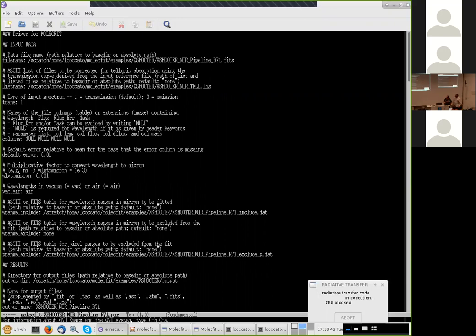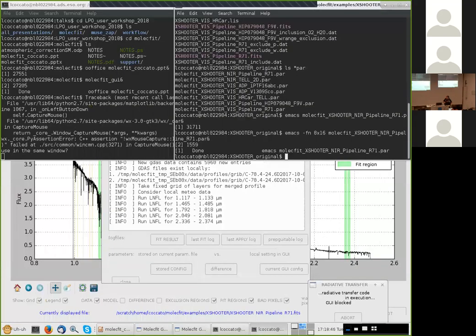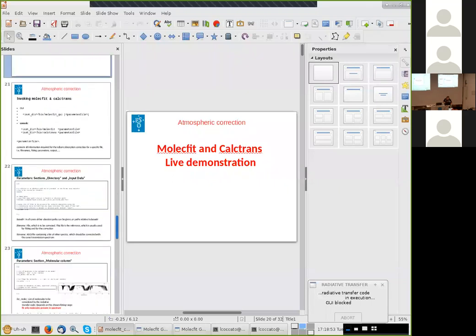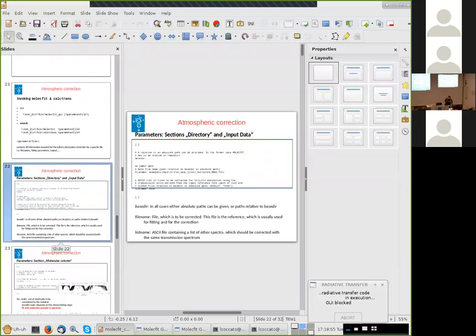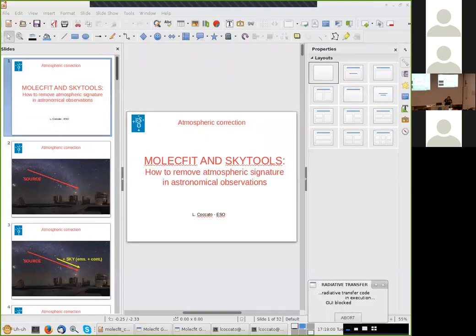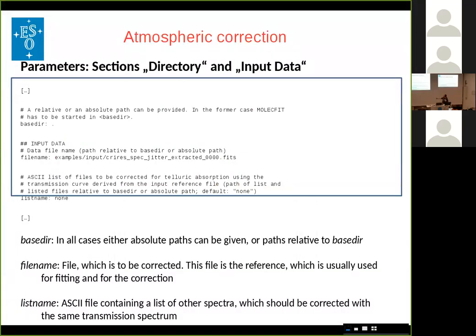And anyway, I have a backup solution, which is the following. I go back to my presentation. Okay. Here. Okay. This is the content. This is a portion of the configuration file in which you simply specify the file name to be fit,